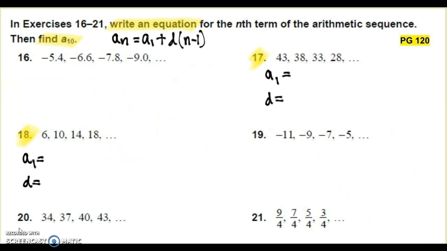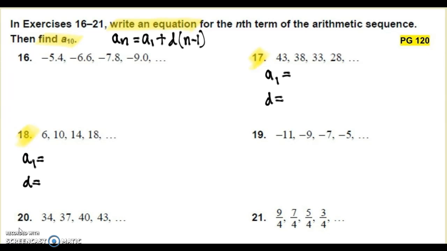So on page 120, I want you to write an equation. And so again, this is our formula we're going to use. A sub n equals a sub 1 plus d times the quantity n minus 1. So with number 17 and number 18, I want you to locate the a sub 1, the first term, and the common difference, and then set up your equation, simplify it. And number 18, do the same. Locate your a sub 1, the first term, and also the common difference, and then set up your equation and simplify it. Now, it does say here that I want you to find the 10th term,